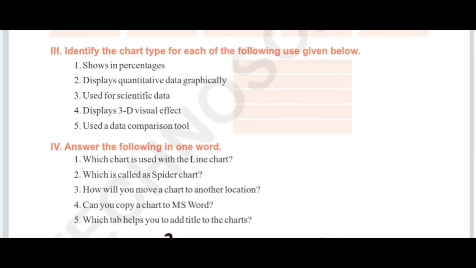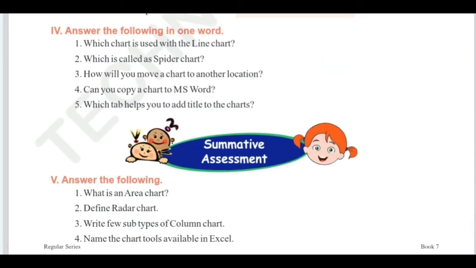I'm going to explain now. Answer the following. In this Roman also you can find answers. It's simple. Read the quick review points on the textbook pages. You can get the answers. Give your answers. Try to give your own answers.